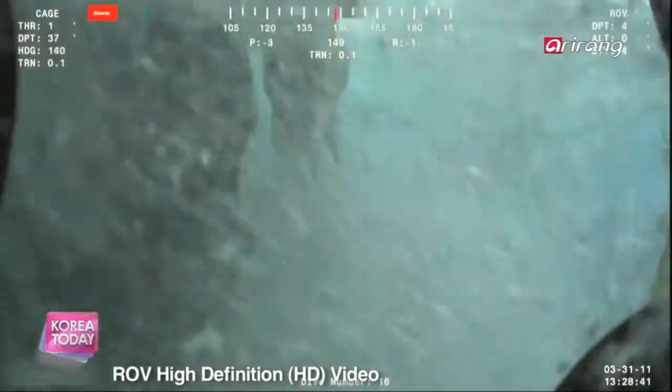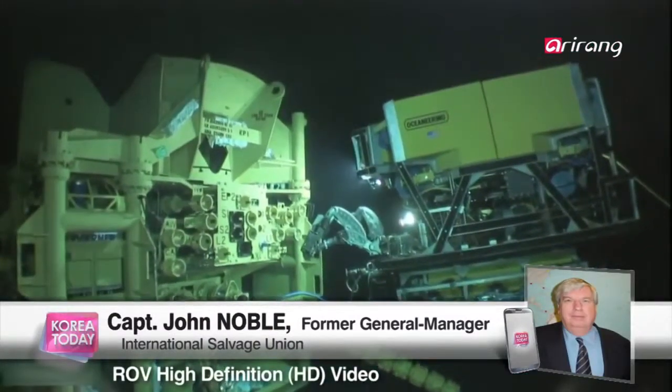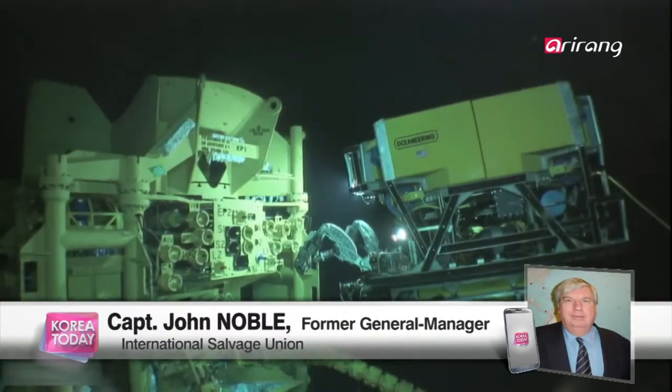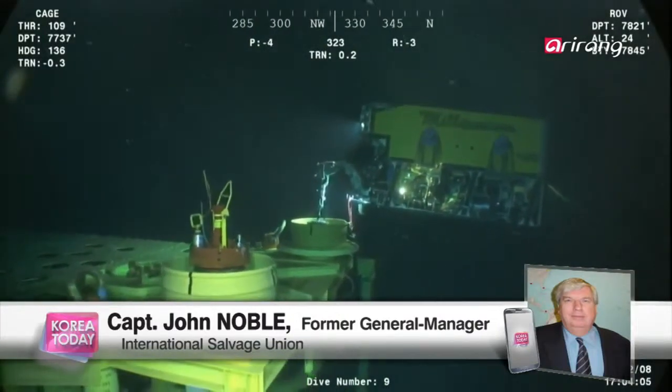In line with the previous question, now, considering the size or weight of the ship and how it has completely flipped over as it sank, what kind of special equipment or personnel are needed in the salvage? Well, ideally, you would want people there who have done this sort of thing before. And I know internationally there are people available, and I'm quite sure the Korean salvage company and other Korean experts would call upon that aid, because it would certainly make the operation much safer and much more certain to be